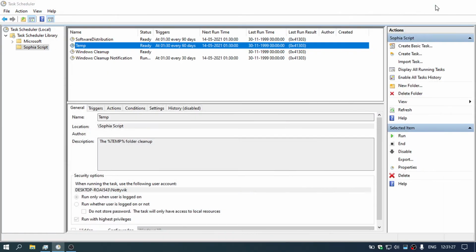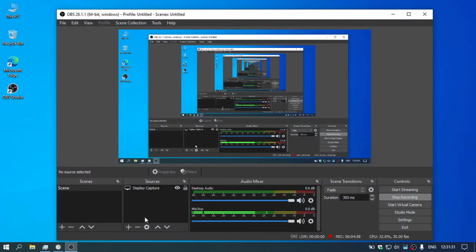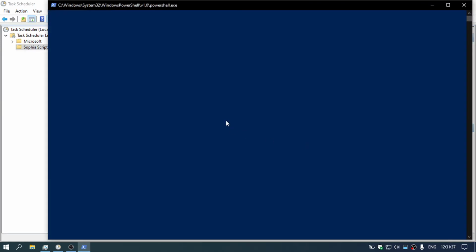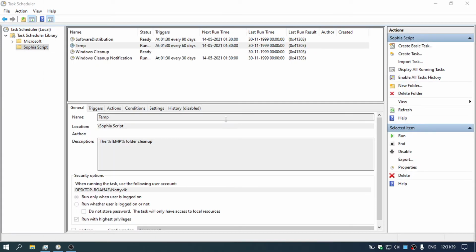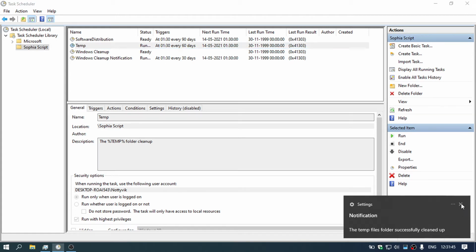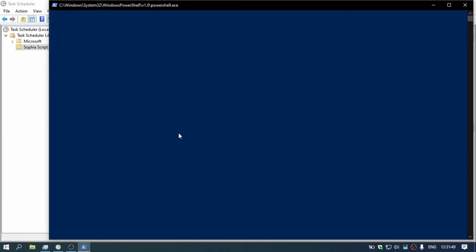Hello. As you can see, the first task is completed. So now let's see what the second task does. So just hit run. The temp folder is successfully cleaned up. So just close this. Now this one, just run.